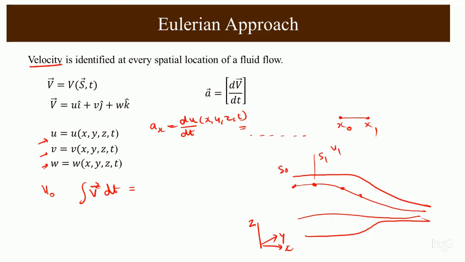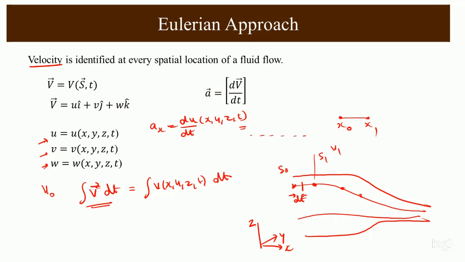But there is a trouble. At every small location we have to integrate, taking a very small dt, because the velocity also varies with position. So this is the integration of v of x, y, z, t into dt. Since v varies, the integration becomes difficult, and generally we go with a numerical approach. That's how, from the Eulerian approach, we get the Lagrangian path line. So by integrating the Eulerian field, we can get the Lagrangian path line. This is why it is important.